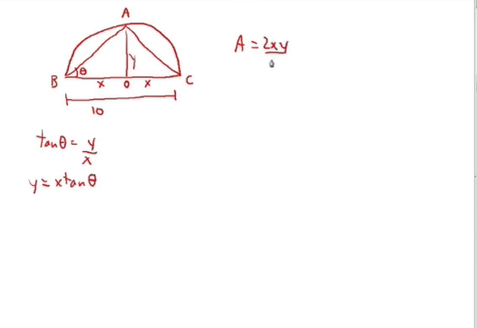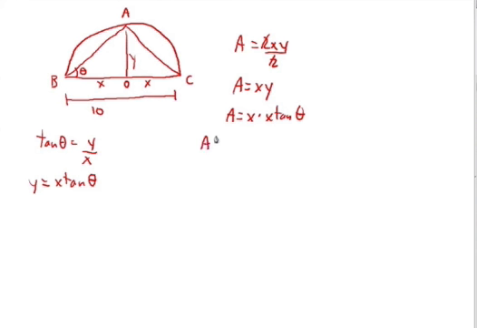times y over 2. So it's like 2 base times height over 2. The 2 will cancel out, so we get area is equal to x times y. And now we're going to substitute y as x tan of theta, so A will be equal to x times x tan of theta. And now in order to get the maximum area, we need to get the derivative of